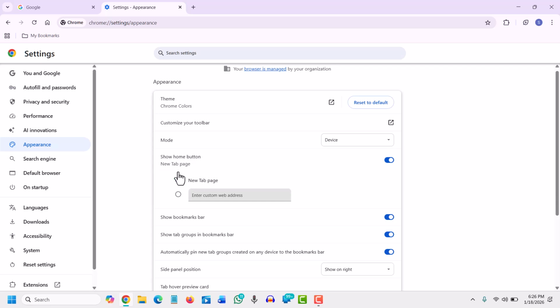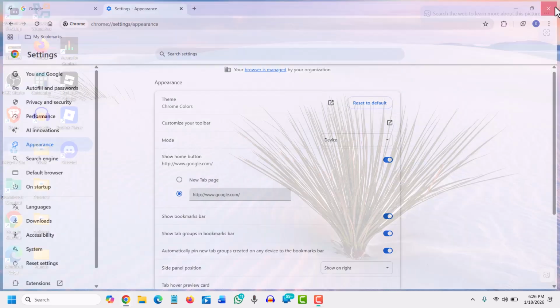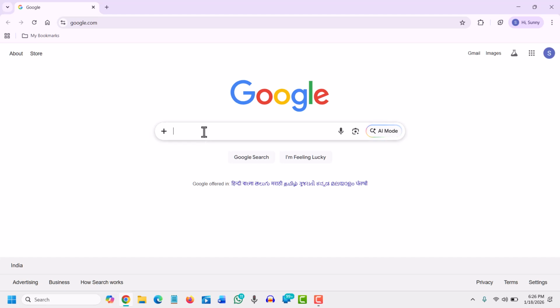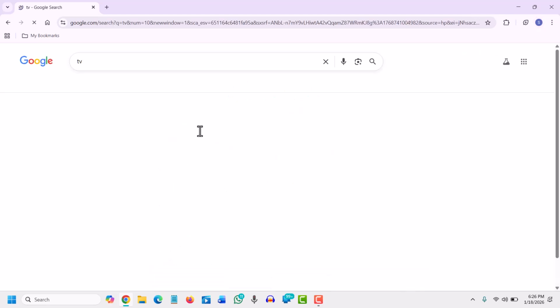And whatever you want as the home page is there, and if you want the home button to go to Google, then just simply type www.google.com, and that's it. Now I'll just close it and reopen, and let's say I'm searching something like TV,